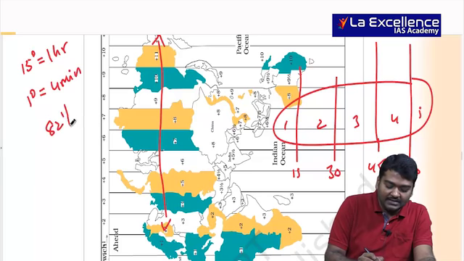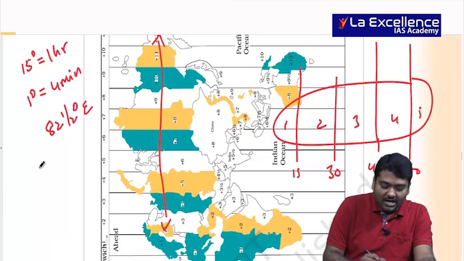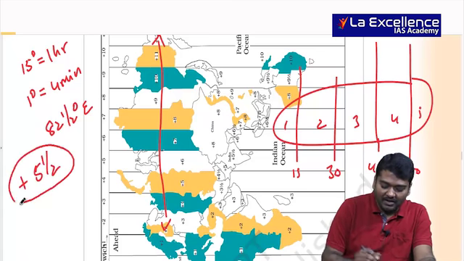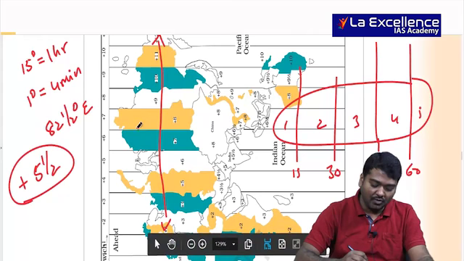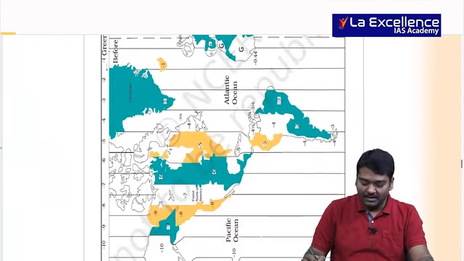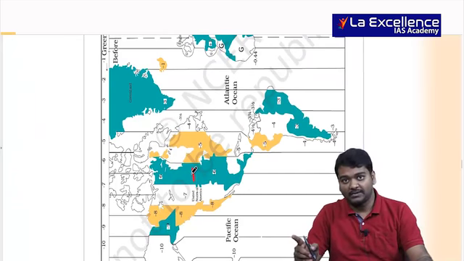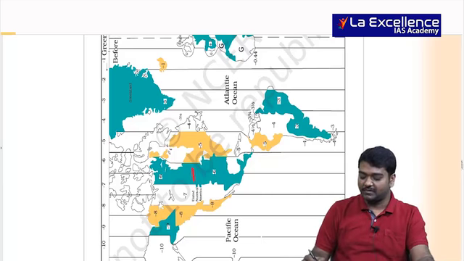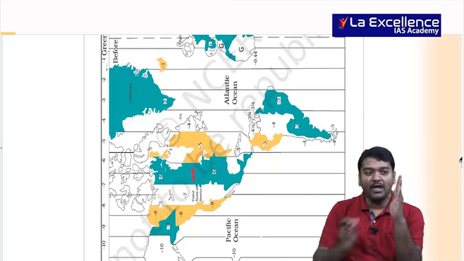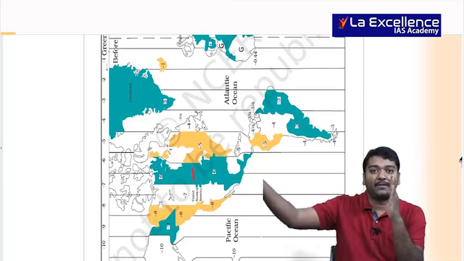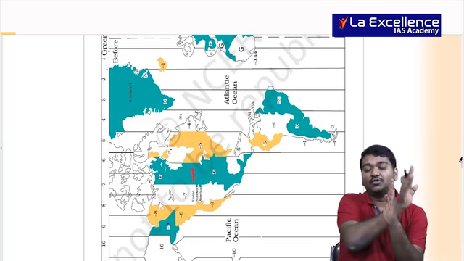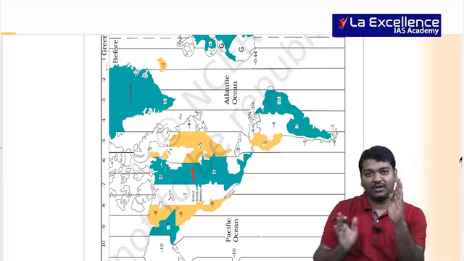India's standard time is 82.5 degrees east. So if you are considering the prime meridian, India is 5.5 hours away. Can you see the eastern hemisphere? You add. Western hemisphere, you subtract. This should be clear, right? Because the sun's rays will fall first on the eastern hemisphere, then it will be there on the western hemisphere. So from the prime meridian, from the UK, India and other countries will be ahead. From the UK, if you consider the US and other countries, the US and South America will be behind. This is what we need to understand.